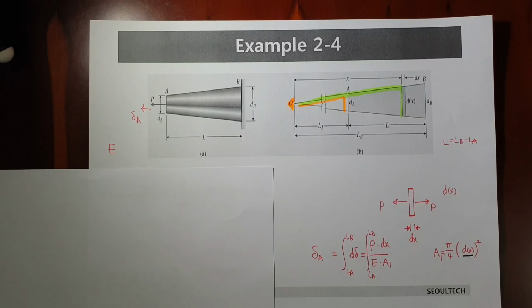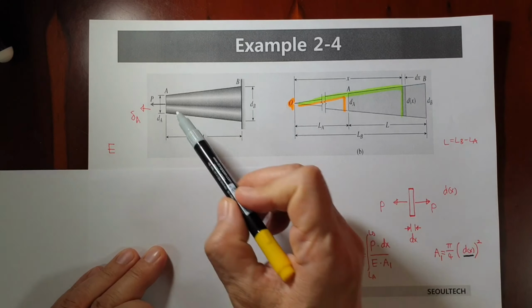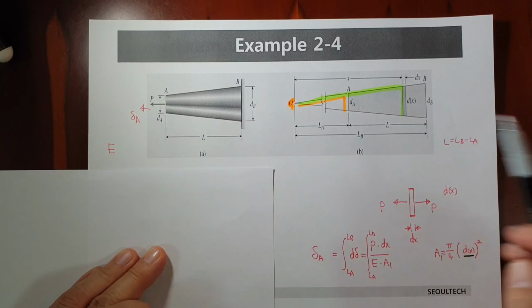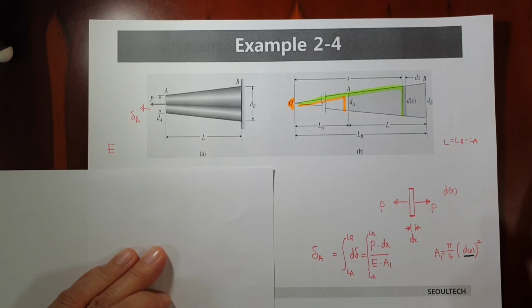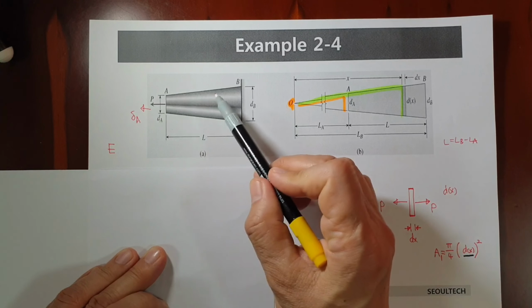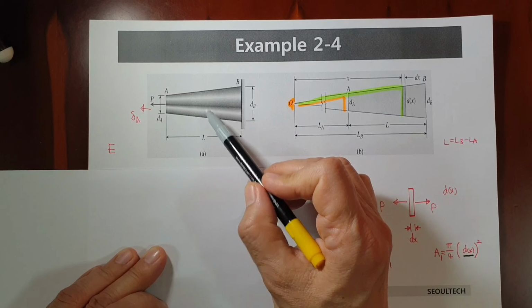Okay, now let's consider a continuous system for tension and compression. Let's see this example. This example is a beam. It's just like a cantilever beam, but the shape is slightly different. Some tapered cantilever beam we can consider. Of course, the cross section is a circle,